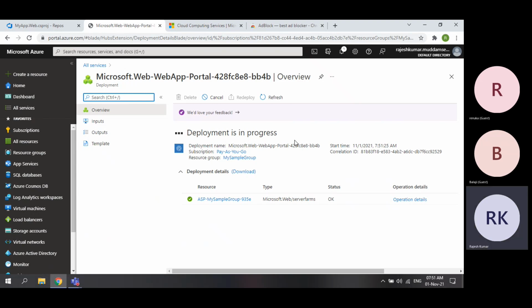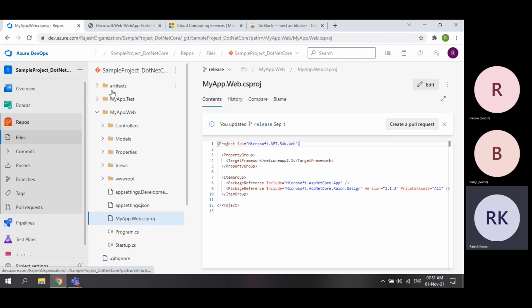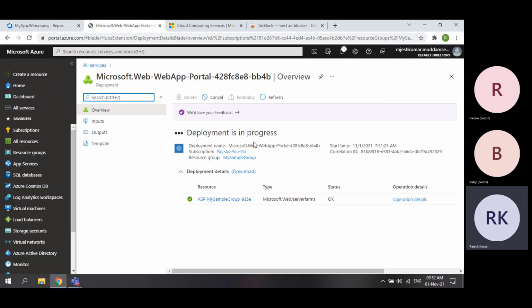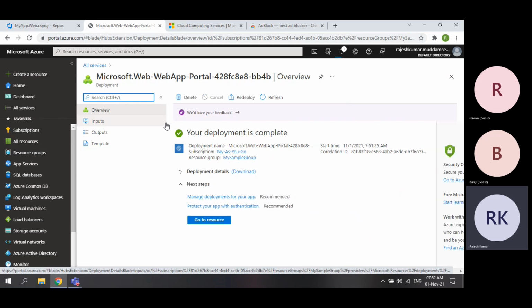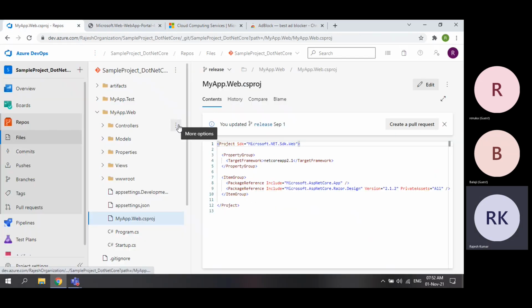So this is all about cloud. Okay, we are now into the DevOps portal. For the last 10 minutes, we worked completely in the cloud portal. In the market, when you are an Azure DevOps engineer, obviously they will expect that you know something in Azure as well. This is Azure, this is Azure DevOps.